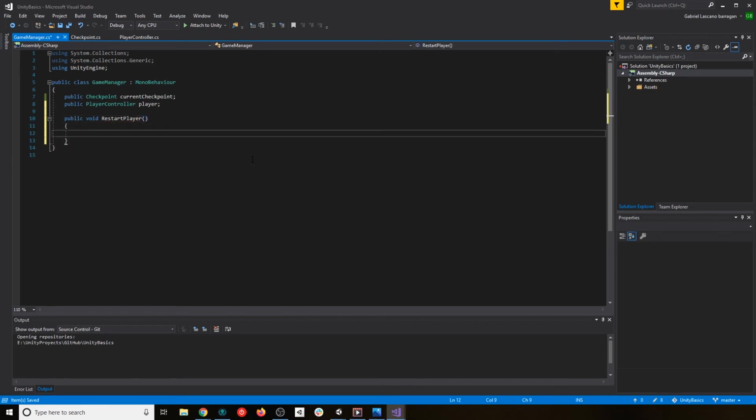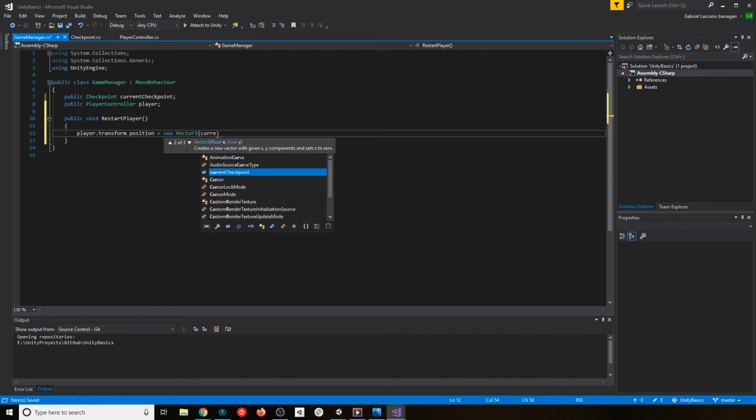This is so we can restart the player whenever he falls. So what we are gonna do here is first, an easy thing, we're just gonna assign the position of our player. So player dot transform dot position is gonna be equal to new vector 3,